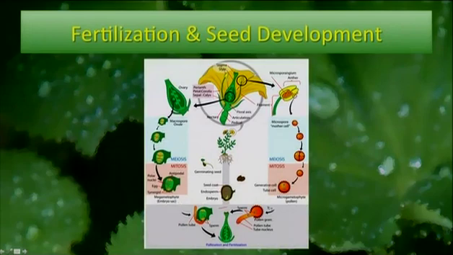Here you have the pollen tube, the tube nucleus, and the two sperm nuclei lagging behind. So the pollen tube grows through the stigma, grows through the style, and goes into the ovary. We'll see that in a little bit, but eventually you'll have fertilization happening.